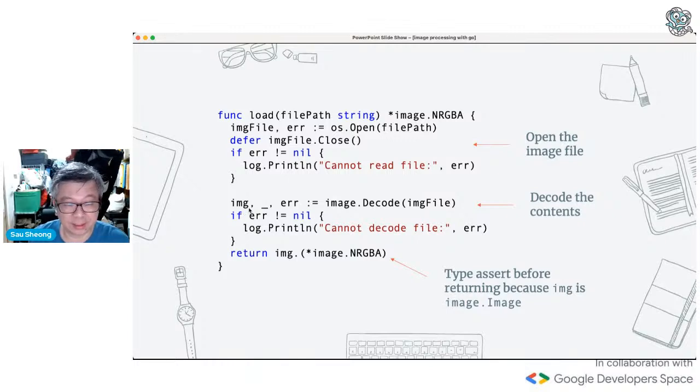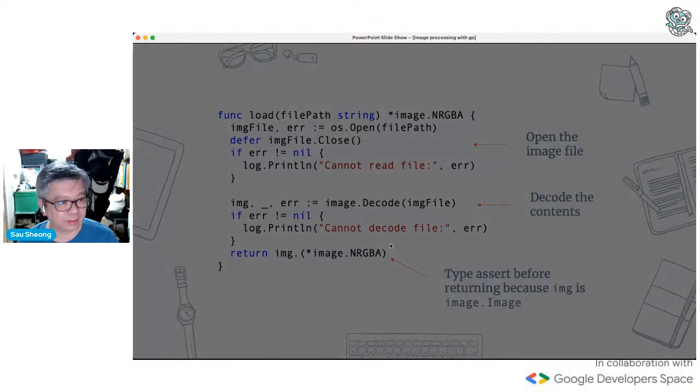And this image variable is an interface, because whatever is returned to you is image.Image. If you want to return an actual implementation, then you need to do a type assertion. So here we do a type assertion to image.NRGBA, and then you can return it. And with that image, you can do whatever you want to do next. So that's basic loading.